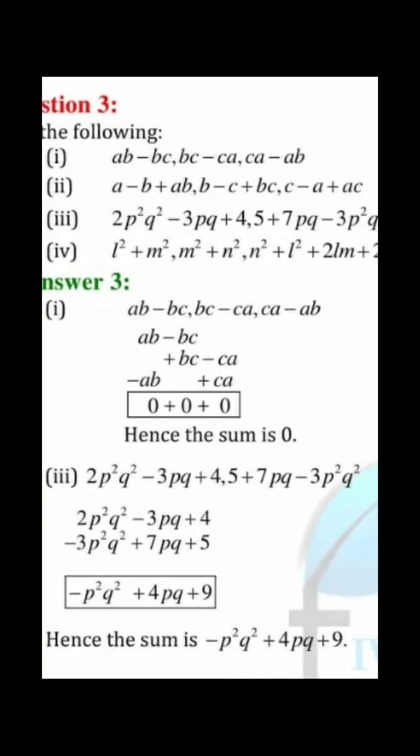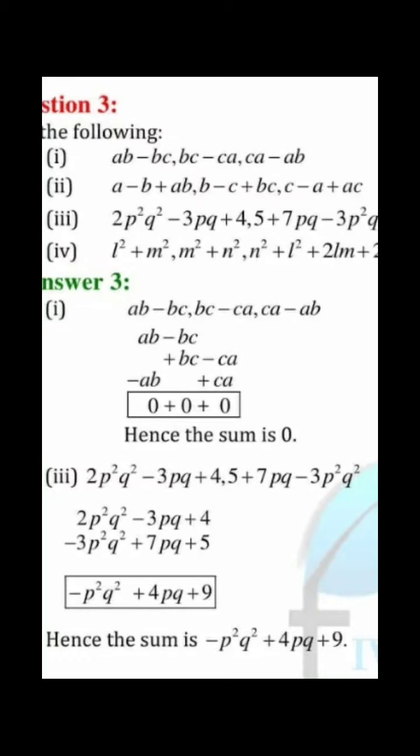The first term of expression AB minus BC is AB. It contains the variable AB. Do you notice any term in the second expression having AB as variable? No. Then we have BC,